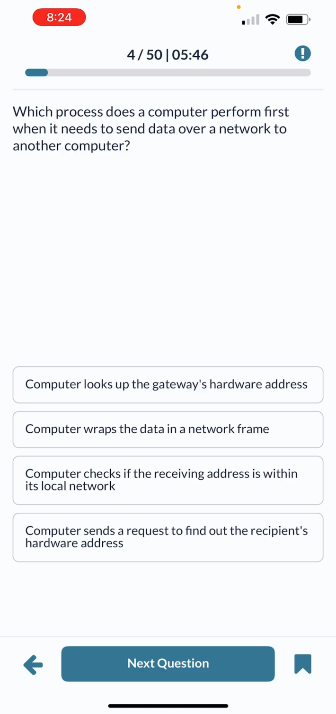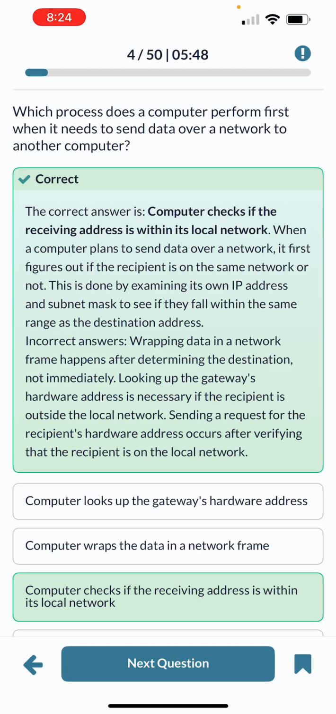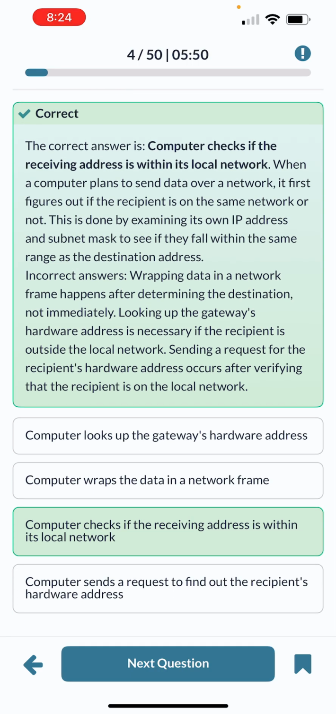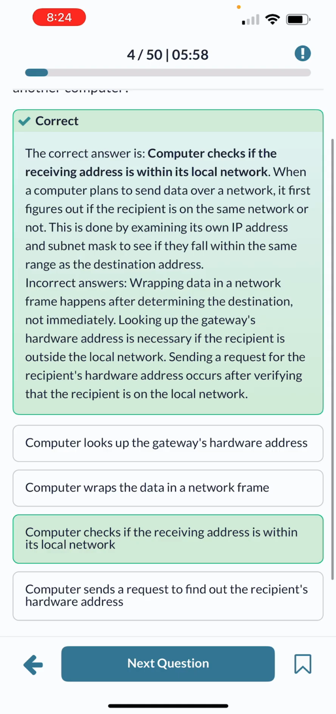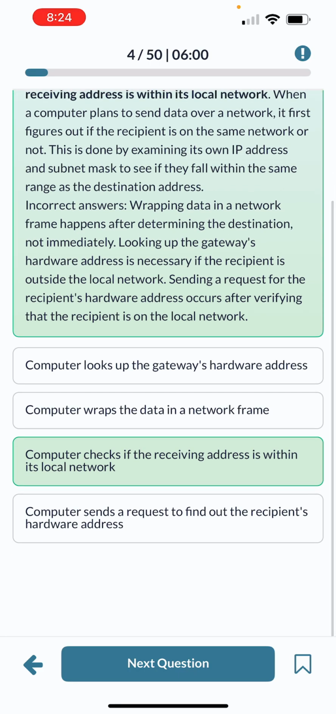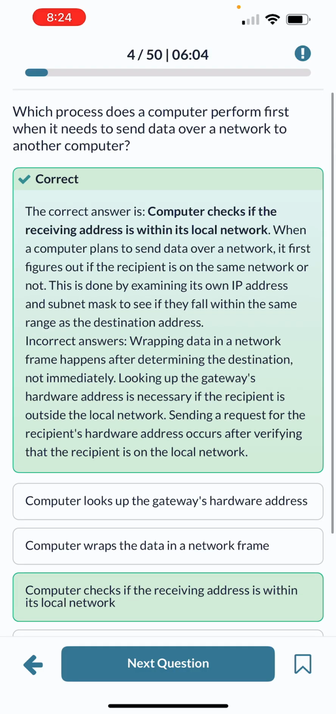Let's check with the computer checks if the receiving address is within its local network. Is that the right answer? Okay, the correct answer is the computer checks if the receiving address is within its local network. Question once again. Which process does a computer perform first when it needs to send data over a network